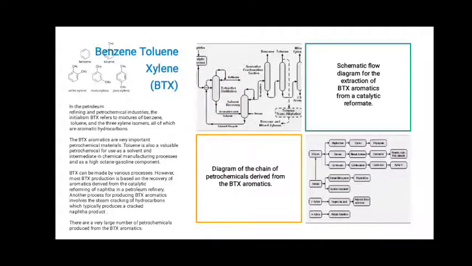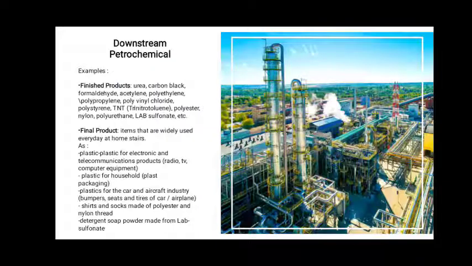There is a very large number of petrochemicals produced from the BTX aromatics. You can see in the diagram the chain of petrochemical derivatives from the BTX aromatics. So, from BTX we can produce nylon, polyester fiber, and resins, and so on. And for downstream petrochemicals, examples of finished or intermediate products are urea, carbon black, formaldehyde, acetylene, and so on. And the final products are items that are widely used every day at home, such as